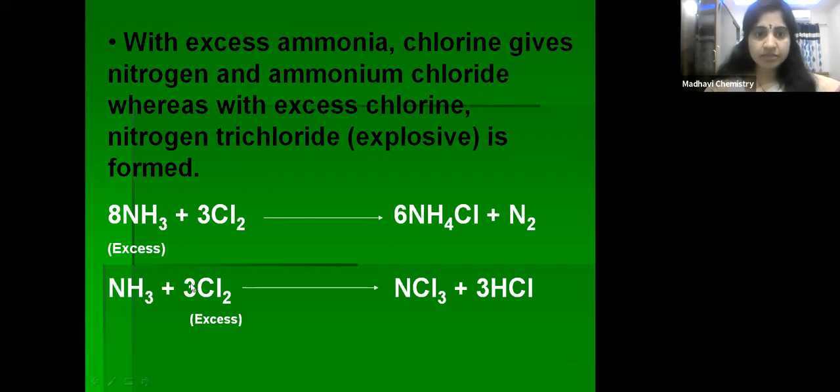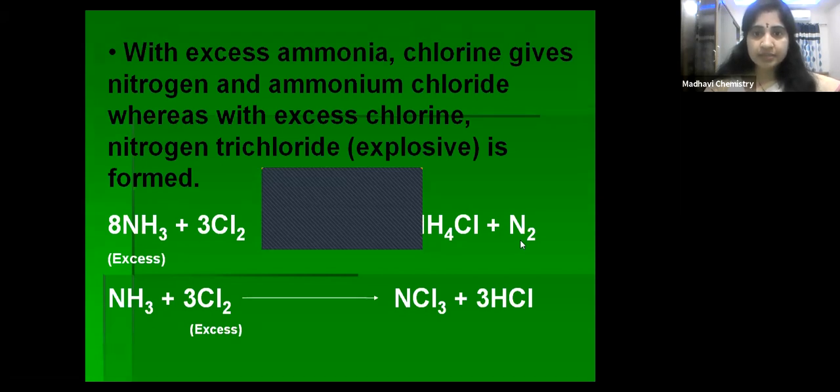If we consider excess of chlorine, we'll get nitrogen trichloride, which is highly explosive, plus HCl. So here the reactants are the same, but the products are different, because in the first reaction we are considering ammonia in excess, so that's why we get ammonium chloride plus nitrogen, whereas